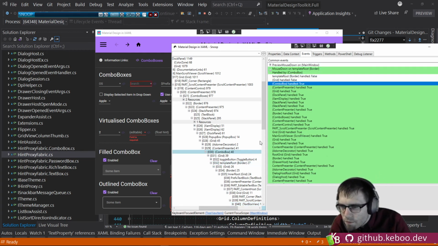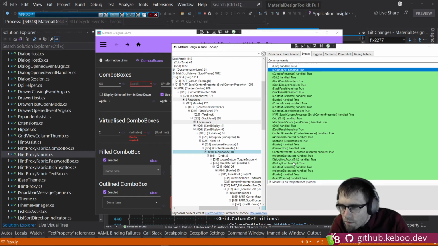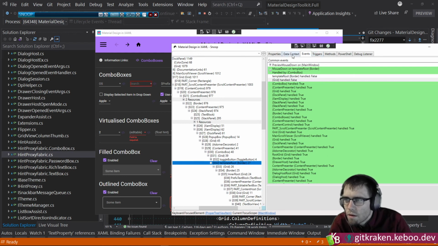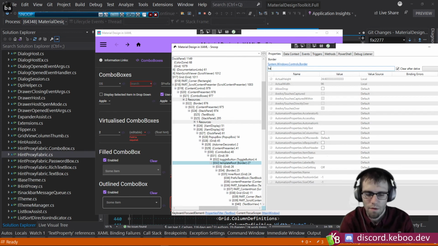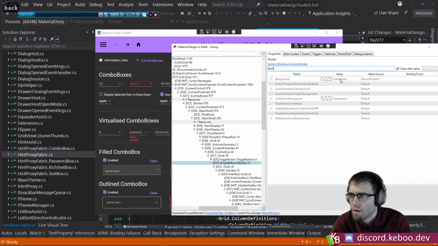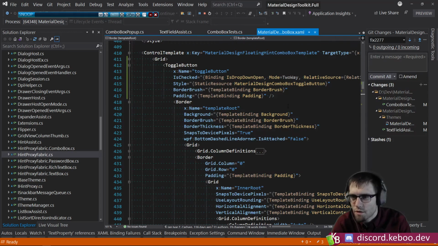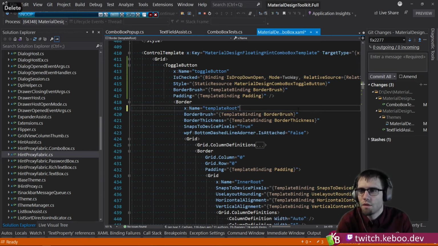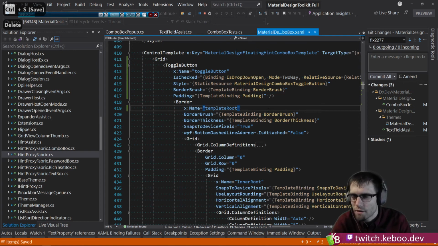So, properties, background there is being set to transparent. I think that is a problem because transparent allows it to be hit testable. If we turn that off,